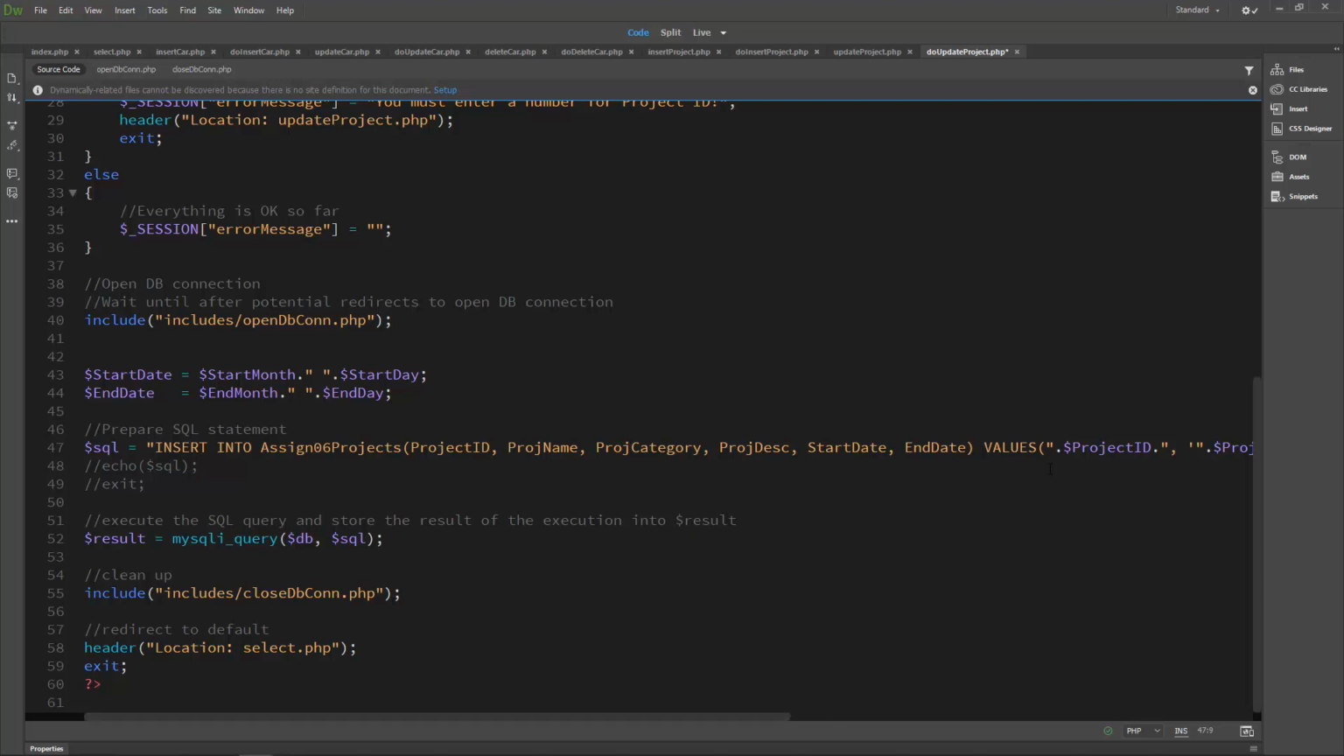And we are going to delete this entire thing and write the update statement. So we will have update table name, Assign06 projects, set column name equal value, comma, column name equal value, and so on, where column name equal value, where some condition, where the primary key is equal to a value, where project ID is equal to 46 is what we're doing. So update Assign06 projects,